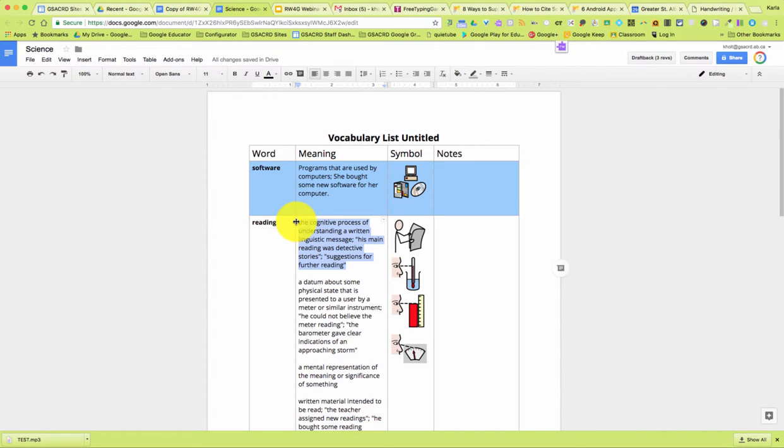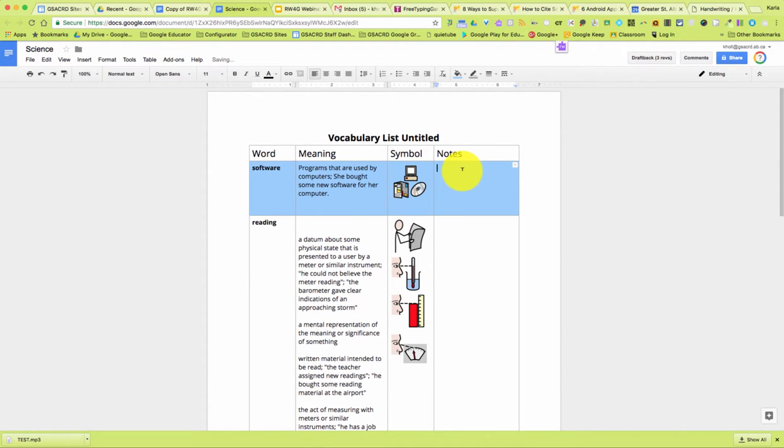aren't relevant to them. Okay, and then over here in the notes column, if these are English language learners, it's often a good idea to have them write that sentence in their native language so that they can relate the meaning in English to the meaning in their native language. If there aren't English language learners, you might just have them write or type or voice type a sentence to